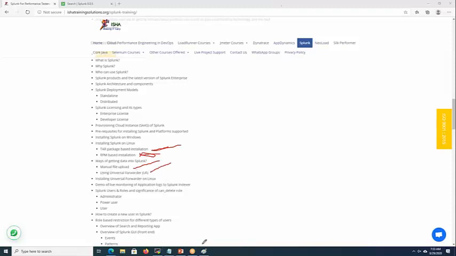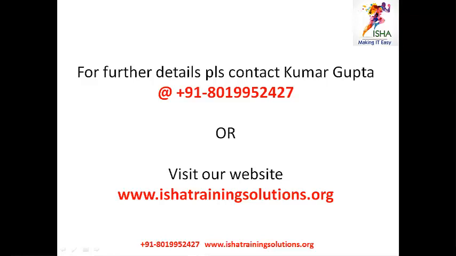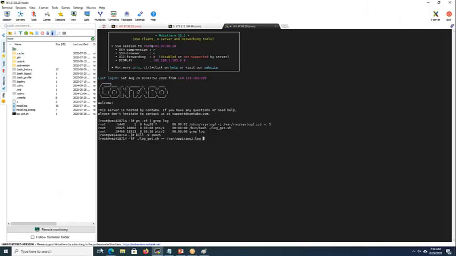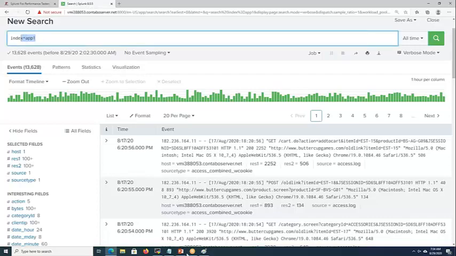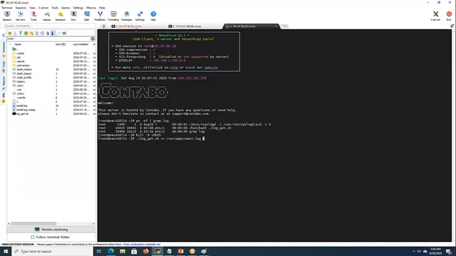Now I will show something. Actually, I have two machines here. This is my Splunk indexer, which collects the logs.